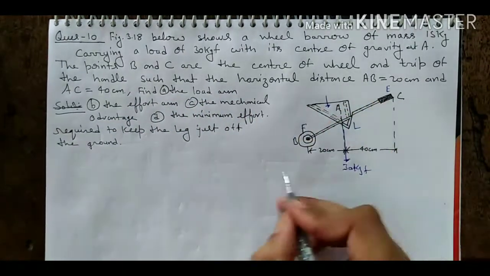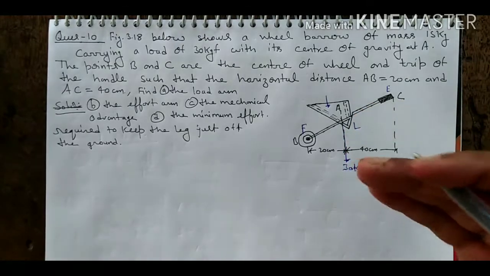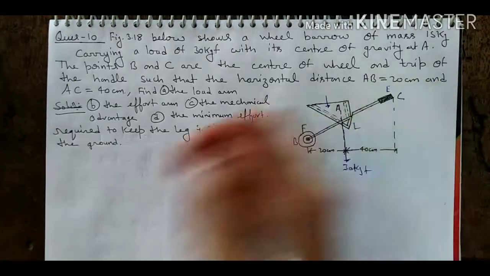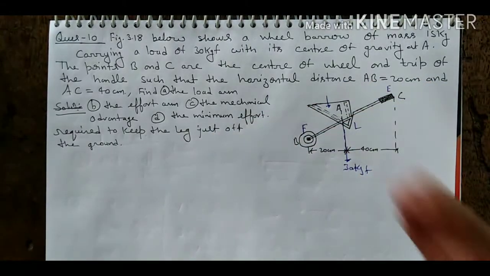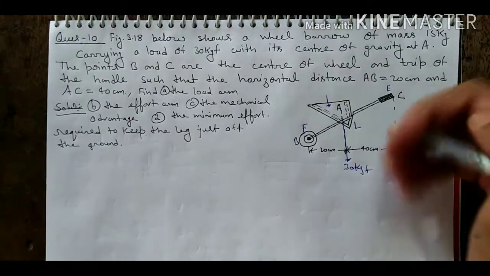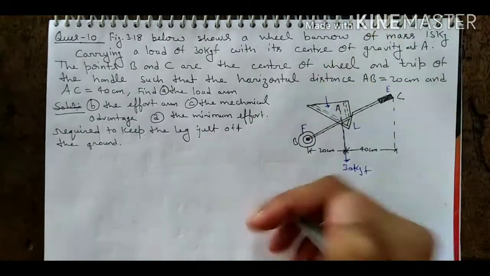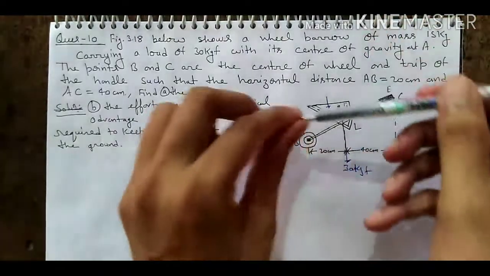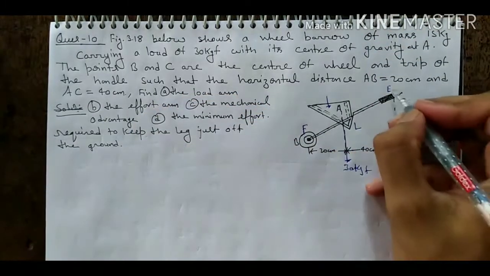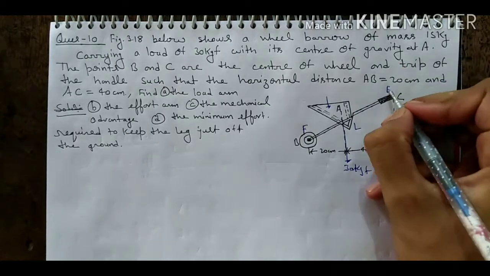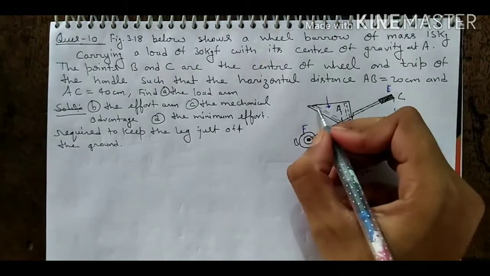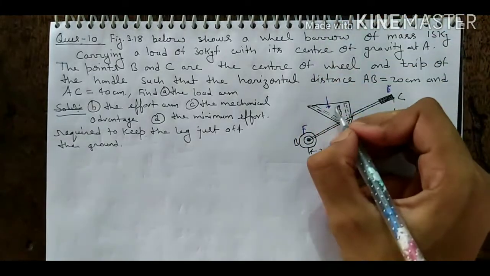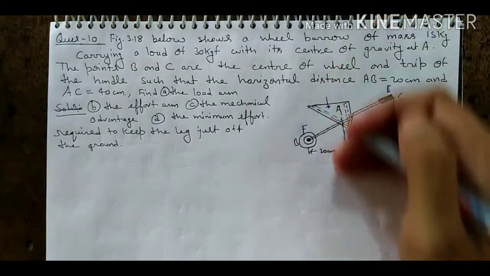मीन्स दिस इज अ व्हील बैरो। व्हील बैरो क्या होता है? डस्टबिन ले आने के लिए, जो हमारे पास एक तरीके के कूड़े ले आने के लिए जो हमारा गार्बेज होता है घर का, उसको शिफ्ट करने वाला एक तरीके का एक वैन होता है, एक गाड़ी होता है, जिसे हम हाथ से क्या करते हैं? शिफ्ट करके एक प्लेस से दूसरे प्लेस पे शिफ्ट करते हैं गार्बेज को। तो यहाँ पे क्या होता है? ये जो हमारा व्हील बैरो ये इस पॉइंट के लॉन्ग रोटेट करता है। मीन्स दिस इज द फलक्रम। यहाँ पे हम अपने हाथ से, हैंडल है ये, तो यहाँ पे हम क्या लगाते हैं? एफर्ट। और ये हमारा एक बॉक्स बना होता है इस व्हील बैरो के अंदर, ये क्या होता है? इसमें हम गार्बेज को रखते हैं। मीन्स दिस विल बी लोड।